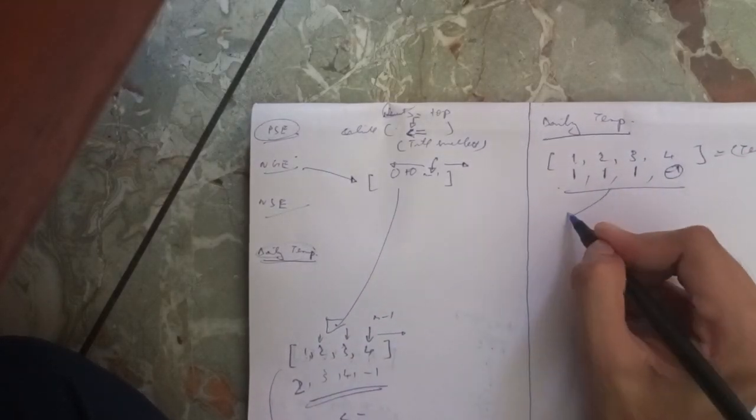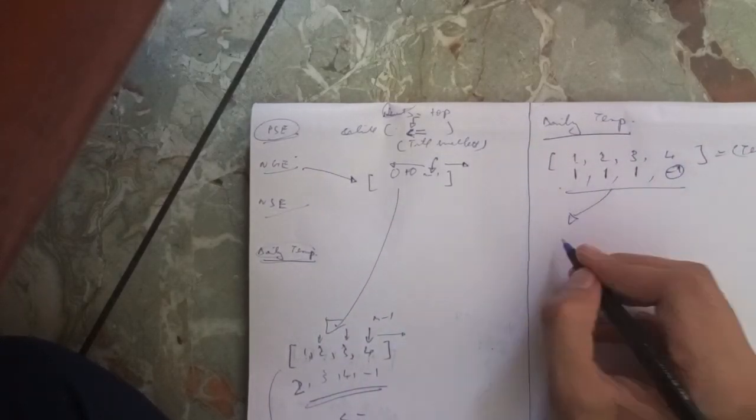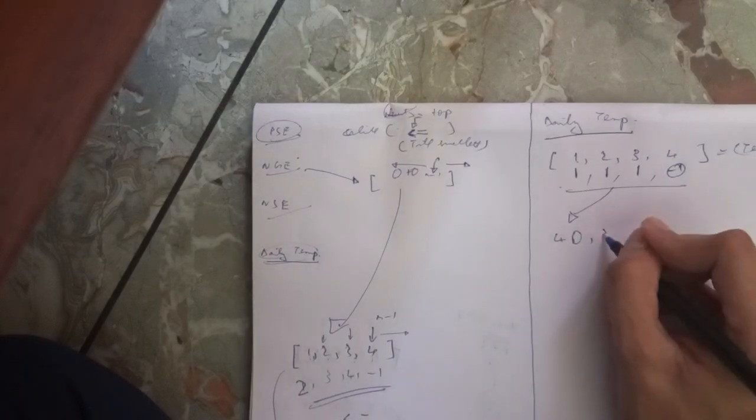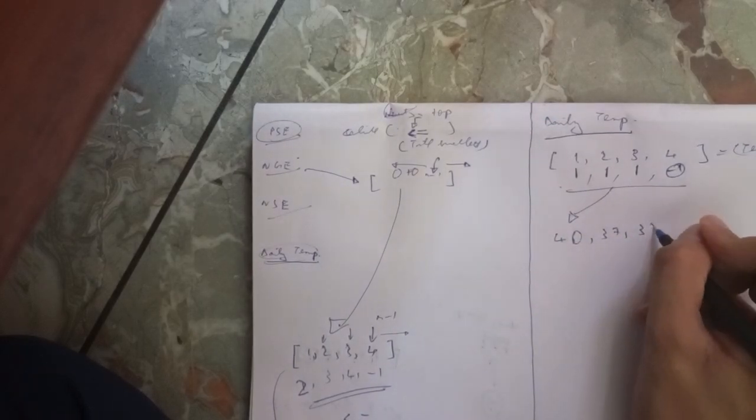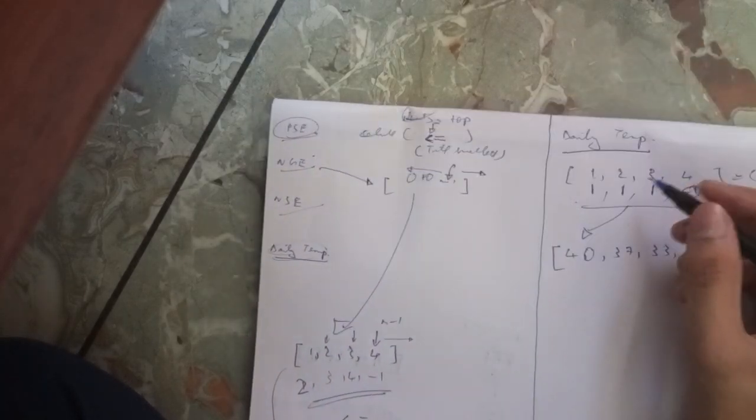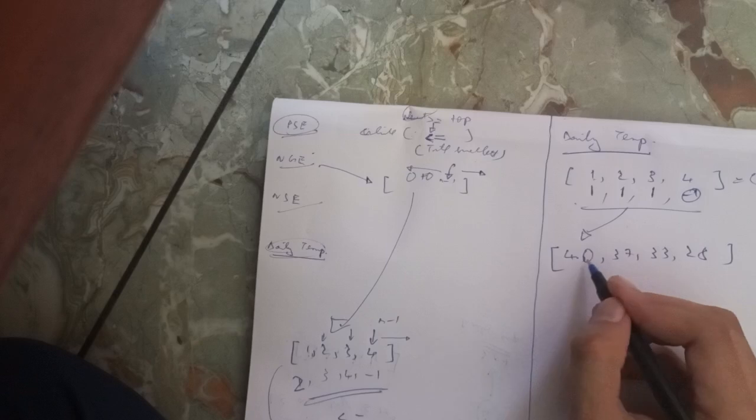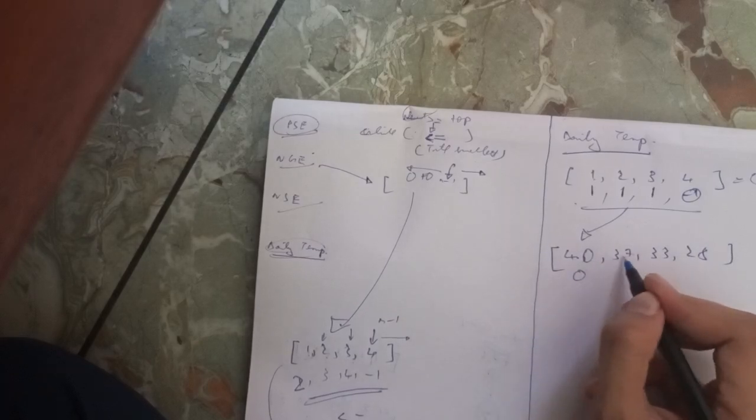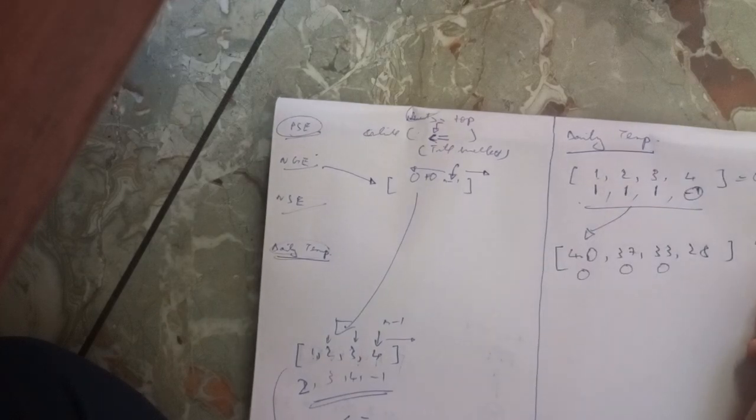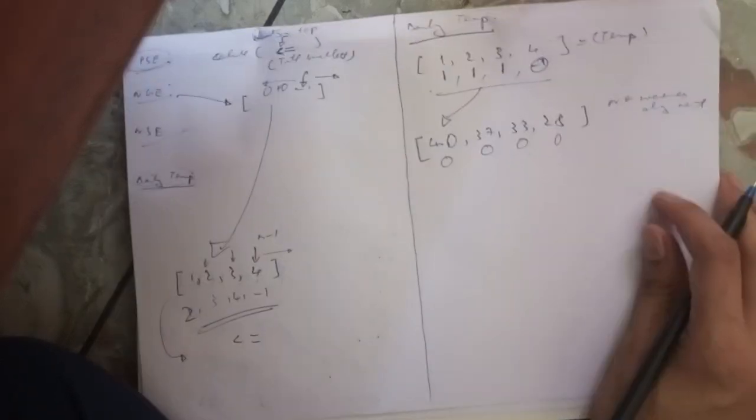So similarly, let's say another example. Let's make it realistic. 40, 37, 33, and 28. So for 40 it will be nothing. 37 it is again nothing. 33 again nothing. That is, there is no warmer day, right? Then next, according to the constraint given in the question,